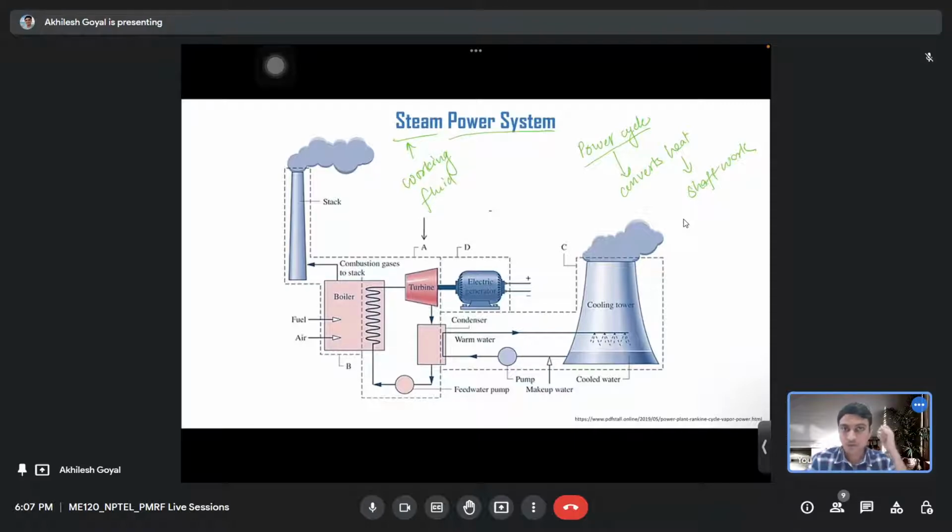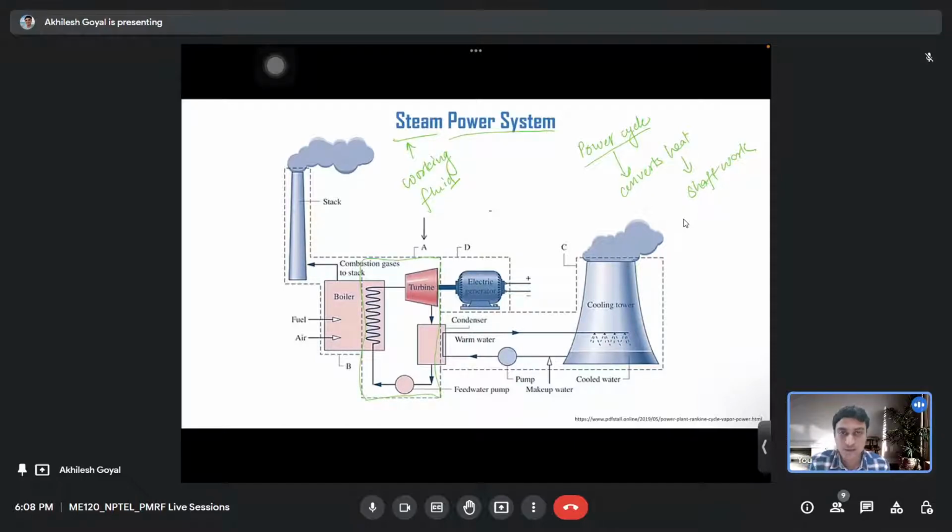Okay. So, apart from the cycle, including the subsystems and all accessories, the whole system is called a steam power system. Okay. So one thing is the steam power cycle, and the cycle plus all accessories and subsystems is called the steam power system. Why steam power system? Because the working fluid is water, that is called steam. Okay. So here you can see in this block,